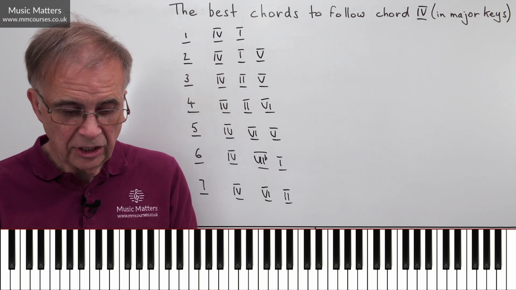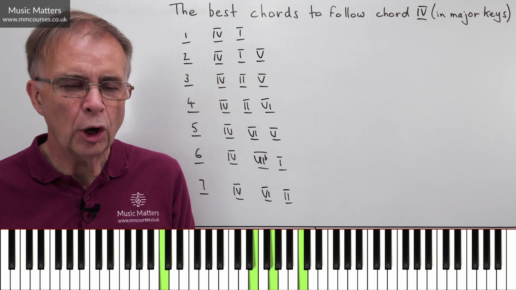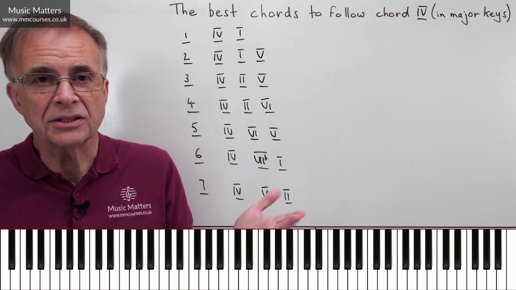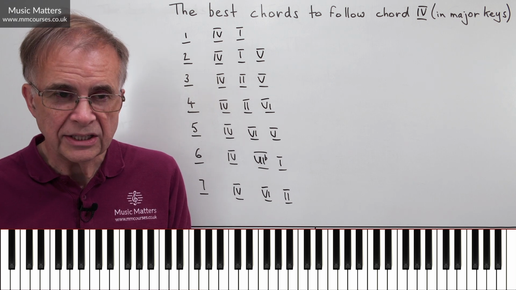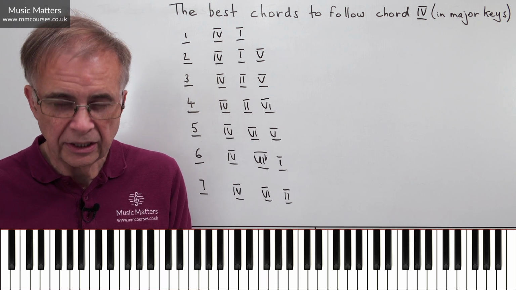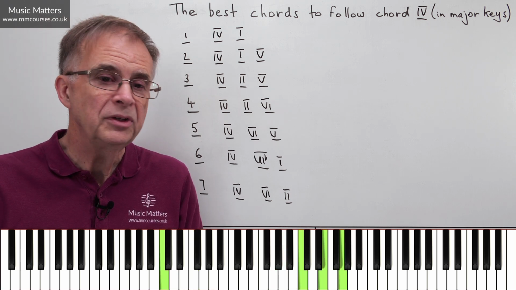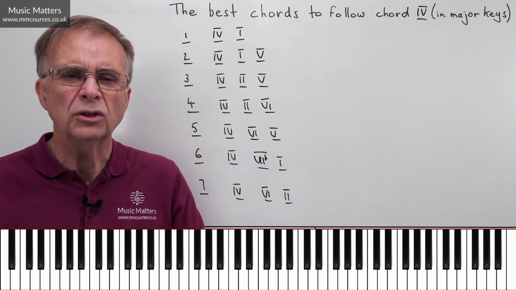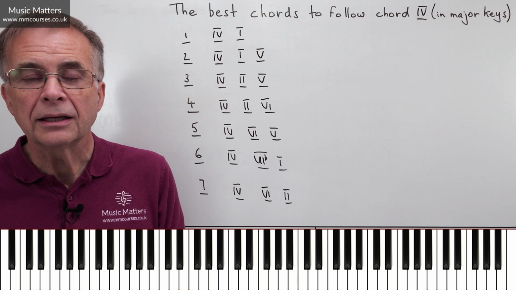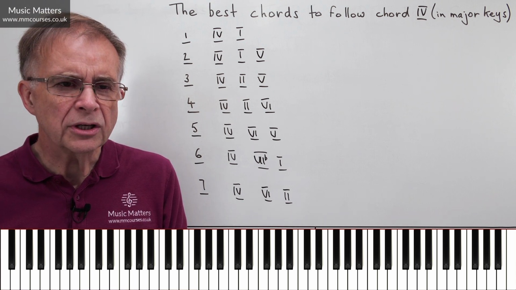So chord 4 followed by chord 1 is a very common move, and it's one of the cadences that we use at the ends of a phrase. So you can organize it like this, or you can have the parts slightly differently organized, or you can do what you like with it. That's absolutely fine. But 4-1 is a good kind of closing progression. Okay, well, what else can we do?